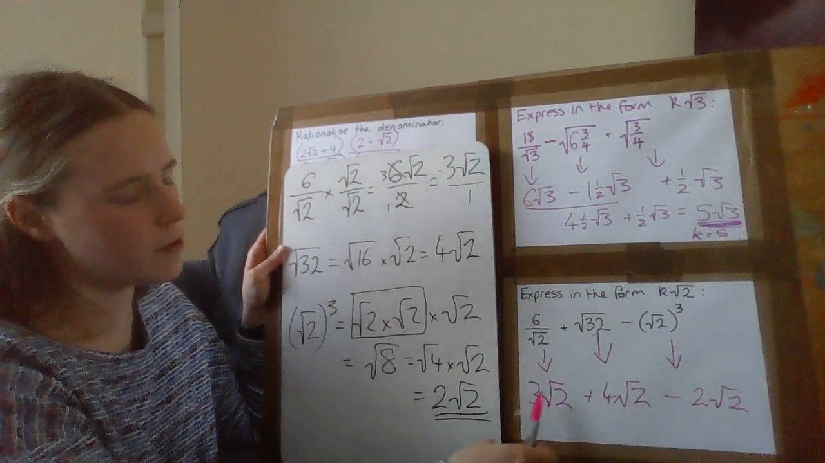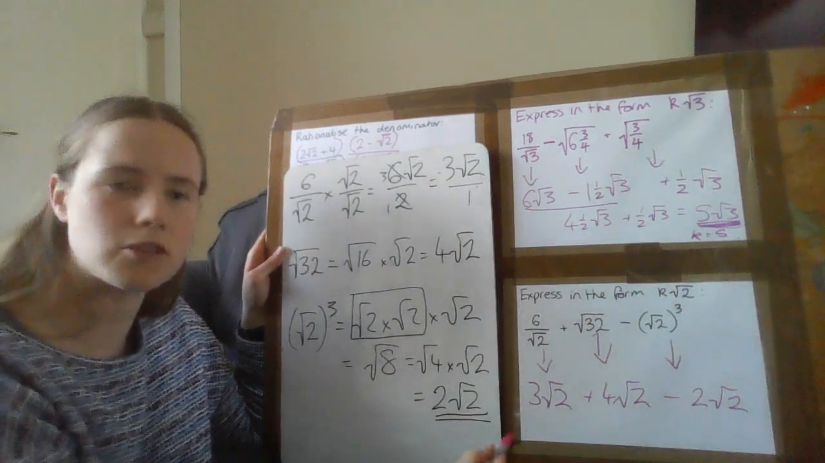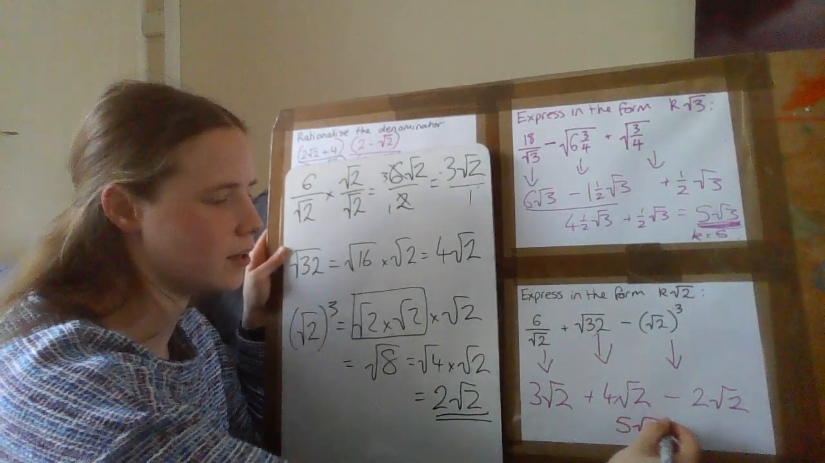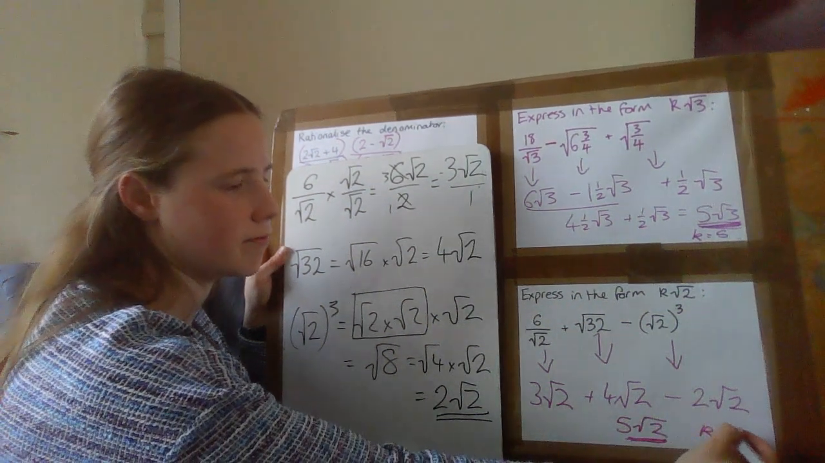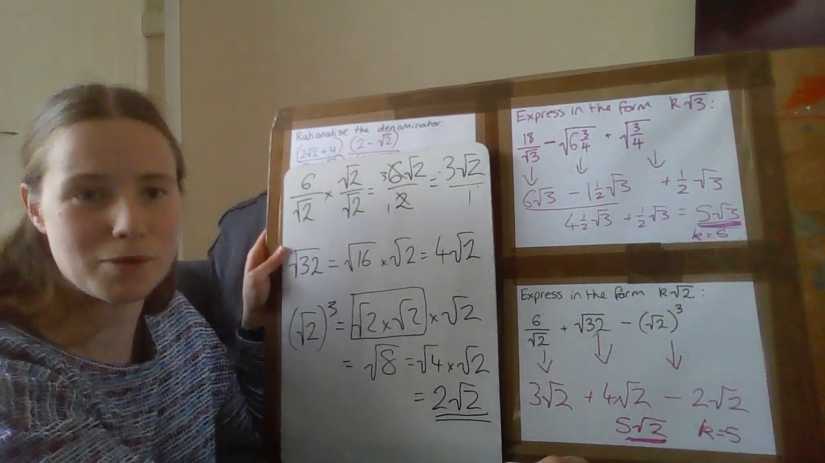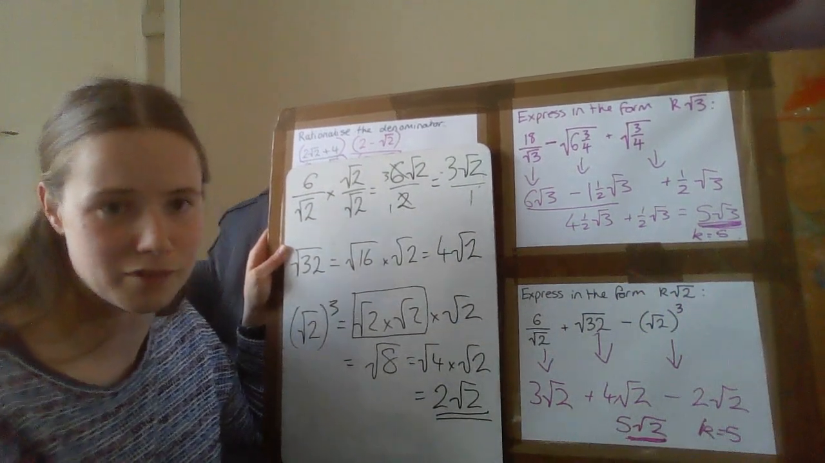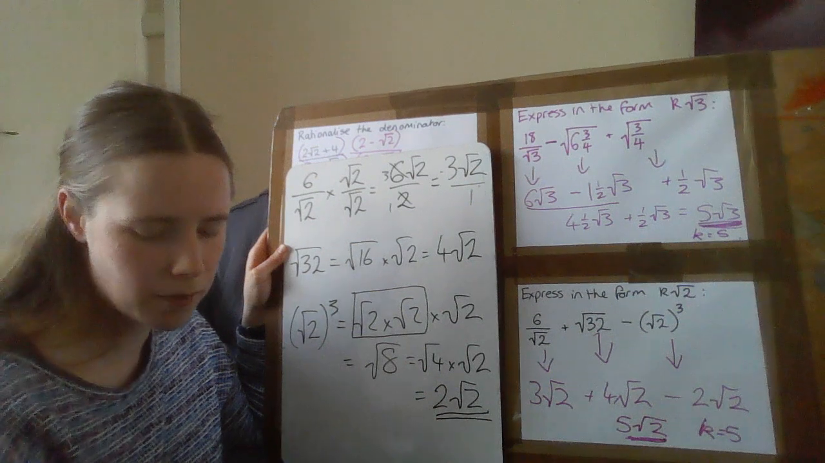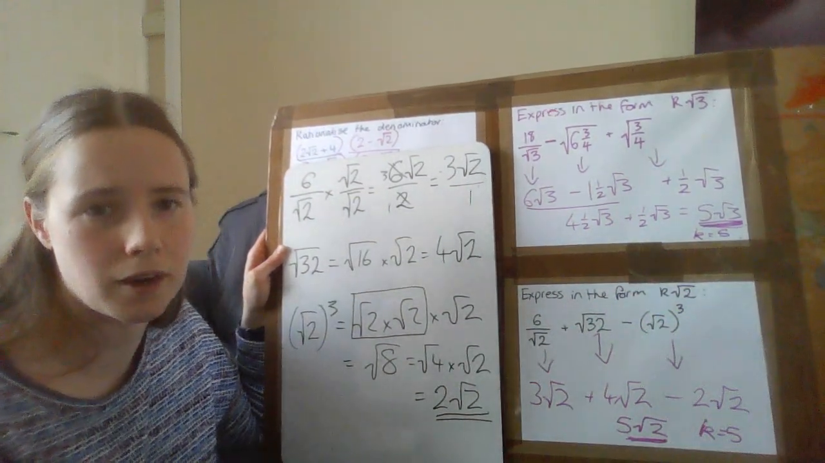So we've got 3 root 2 plus 4 root 2, which is 7 root 2. Take away 2 root 2, and we end up with a final answer of 5 root 2. So k is 5. K won't always be 5, just in this case, the 3 examples I've gone for happen to have k as 5. Okay. So if you do get one of these questions in your GCSE, I would strongly encourage you to